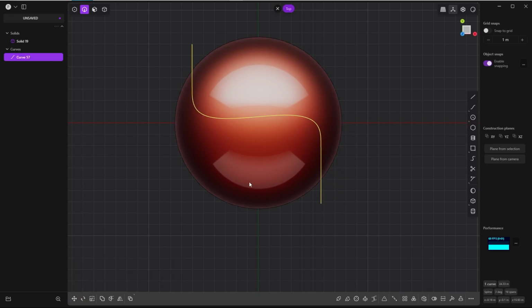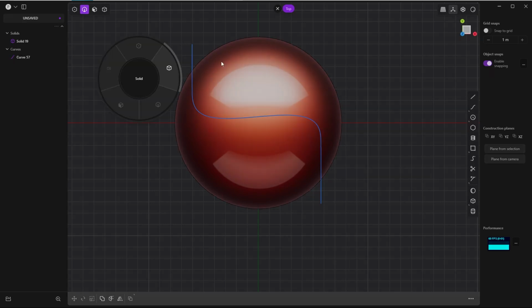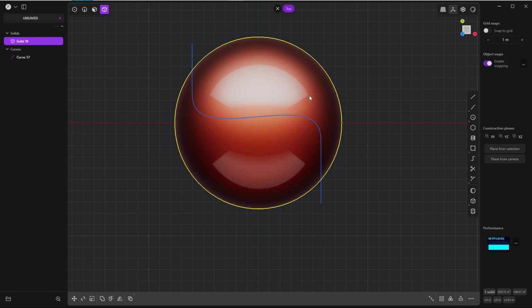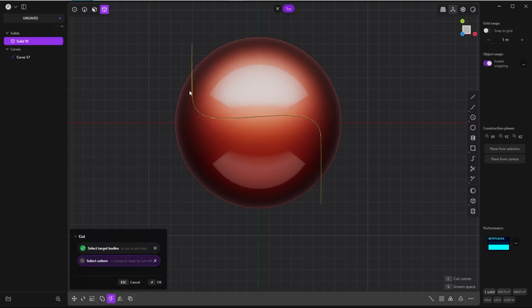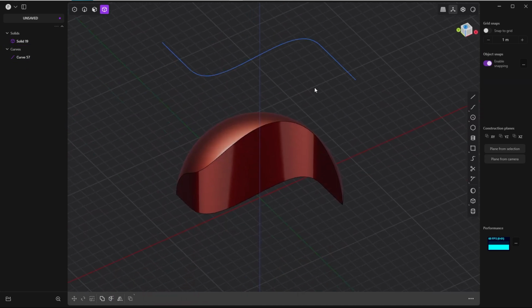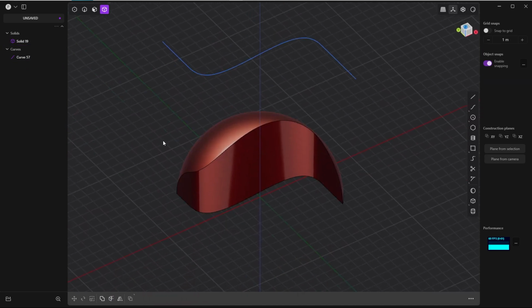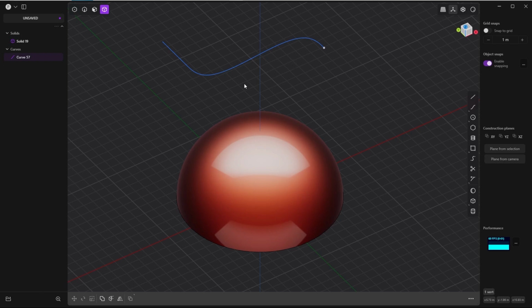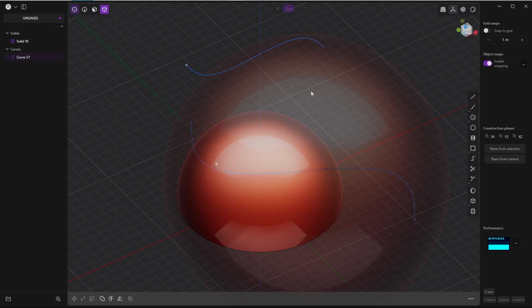And if you now go ahead and press Alt J for unjoining, you will see that there is nothing to unjoin because that's a natural single curve. And if we now select the solid, press C and select the cutter, our natural single curve, and press OK and delete the solid, you can see that we have a clean cut. And I go back till the point where we have dragged these endpoints out. So now it's again a